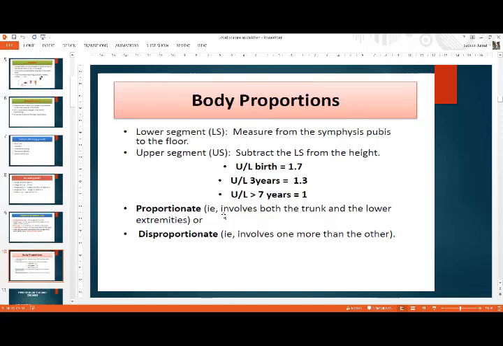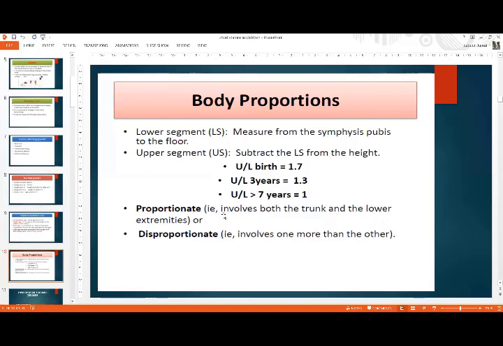After having taken both these upper and the lower segment, the next step is that you will take the ratio of upper and lower segment. There are few normal values that you should remember if you are going to determine whether the child has got short stature or not. The upper lower segment ratio at birth is 1.7, and it drops to 1.3 at 3 years of age, and when the child is around 7 years of age, this ratio comes out to be 1. Any child who has upper lower segment ratio below 1 at 7 years of age is a candidate for workup